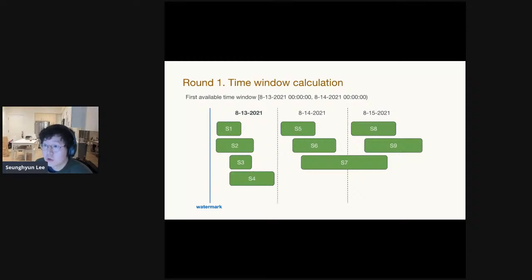We are also going to use this watermark information in the future to find out the windows that are safe to backfill. So the scheduler just decided that we want to process the first window, which is August 13th to 14th,